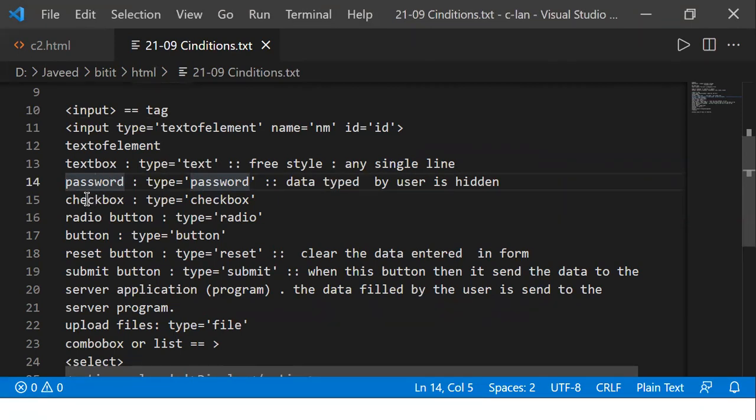So let's say you have a checkbox. When I use this checkbox, I have multiple options. For example, let us say we want the user to select the options. Like for example, now I wanted to know what are the languages that the user knows. Spoken languages we call it as.